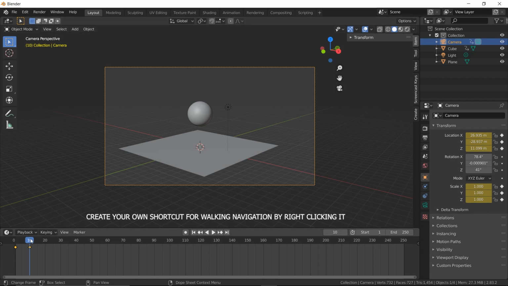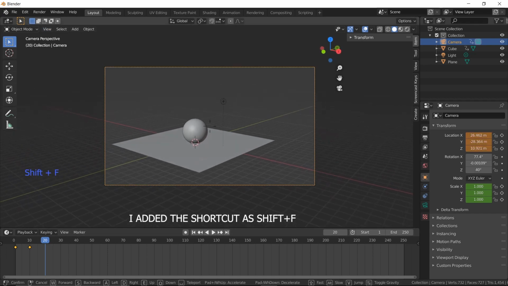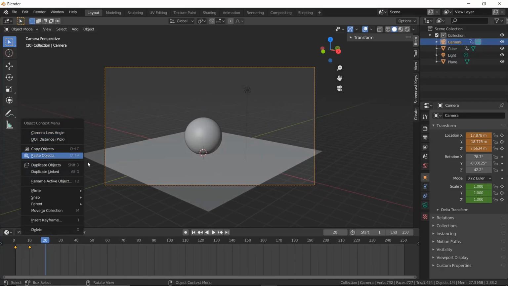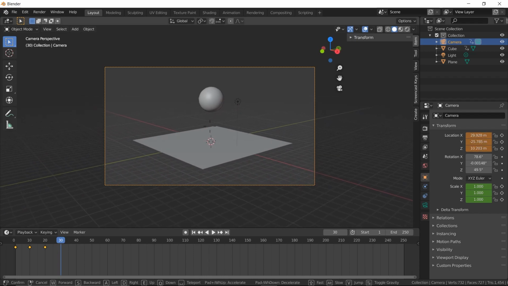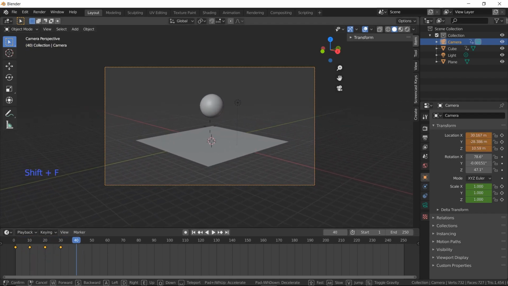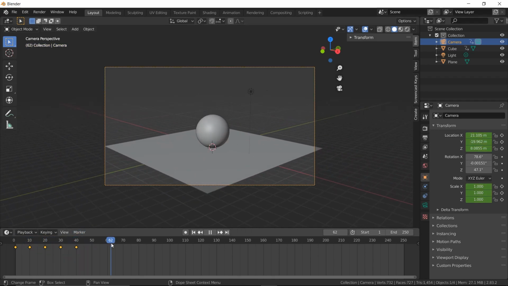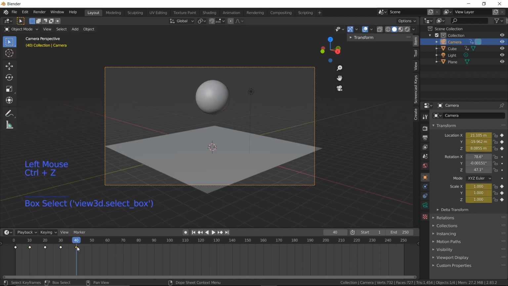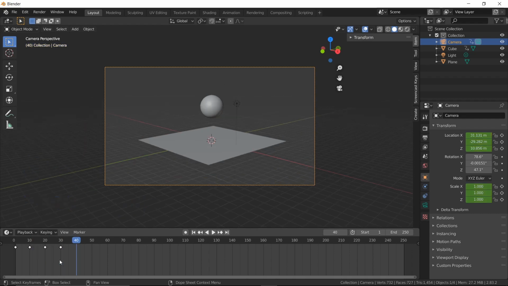Let's select some more positions. Move to frame 20. To delete a keyframe, just select the keyframe, right click and choose delete keyframe.